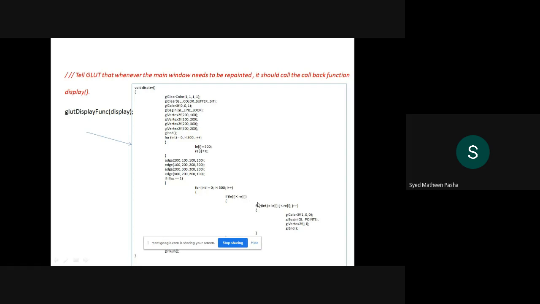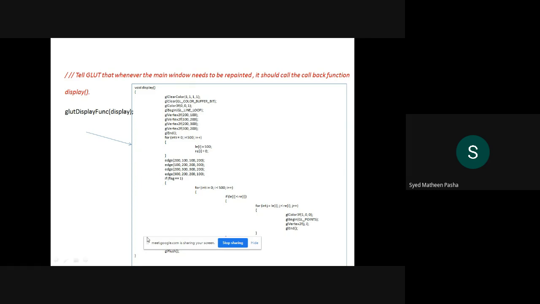Again, I will use a for loop so that I'll check if the left part is assigned to a different variable j. If it is so, I will again color that particular area with respect to this color, that is RGB. I'll color the polygon red, that is R here. So I will end the for and if loops correctly, and then I will use flush, where the whole program is called again and again, or I can say it is being invoked here.